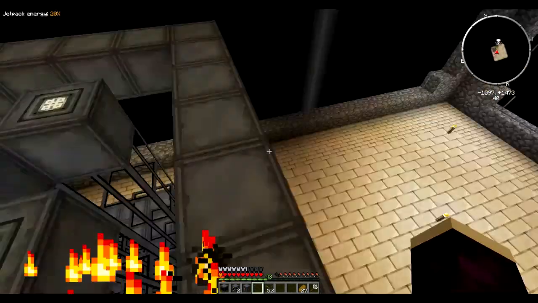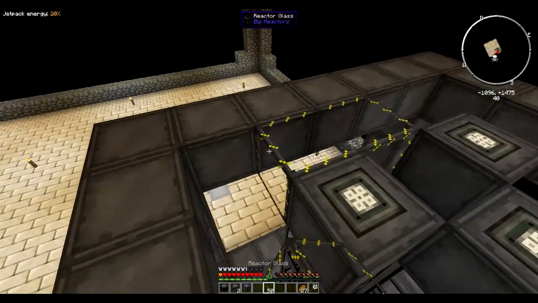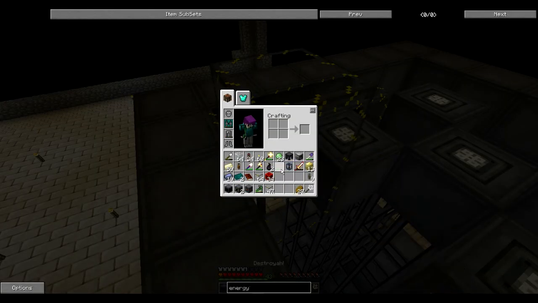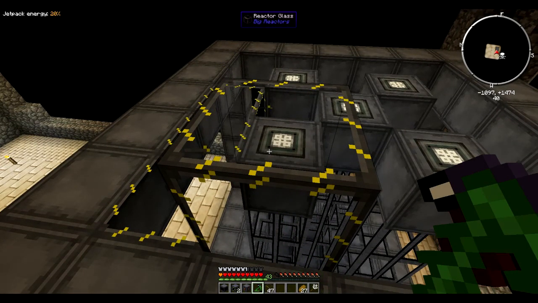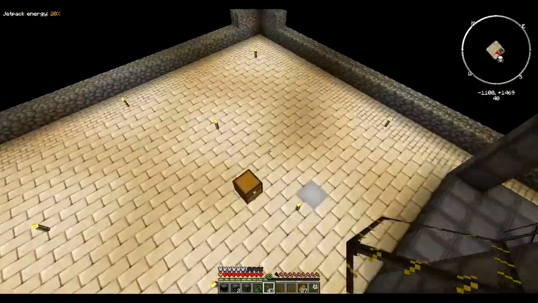Now, the one thing I wish they would do in this is allow for power taps to actually be installed at the top of the reactor. It doesn't if you... Oh, for God's sake. Yeah, I need to...